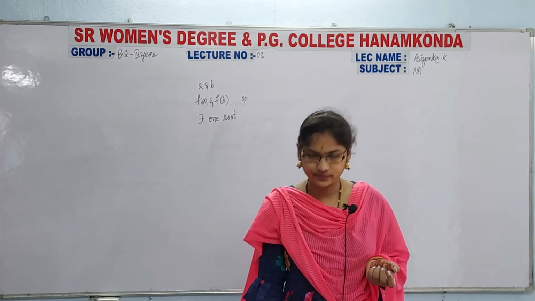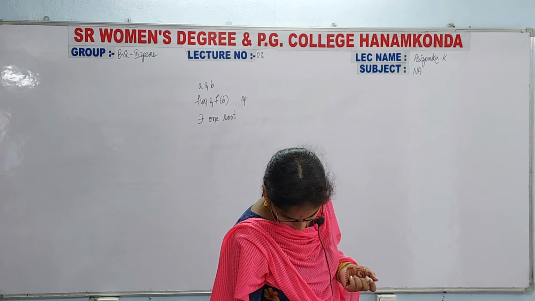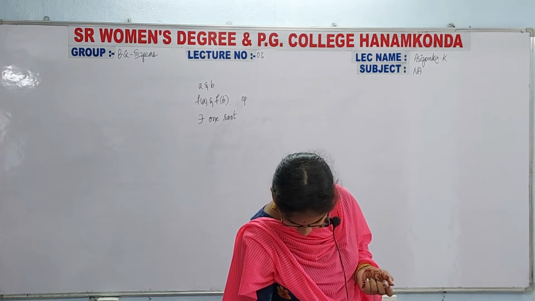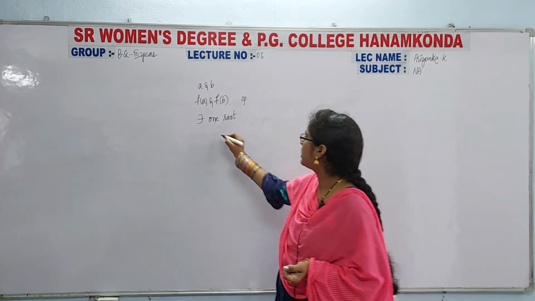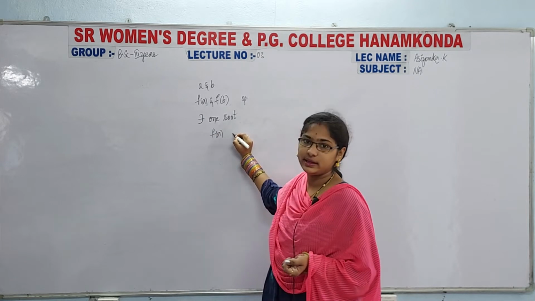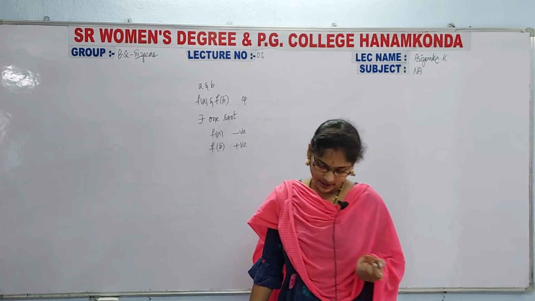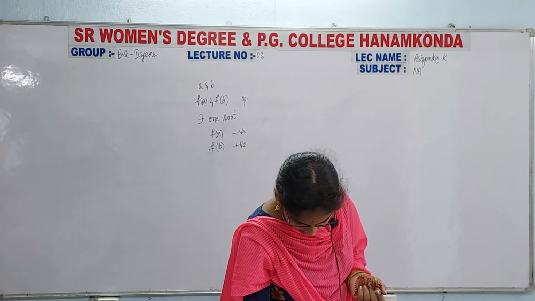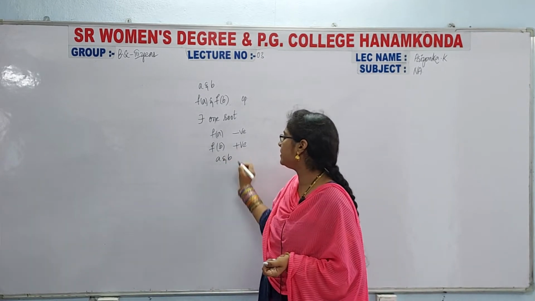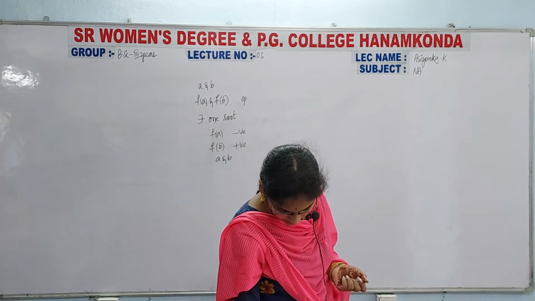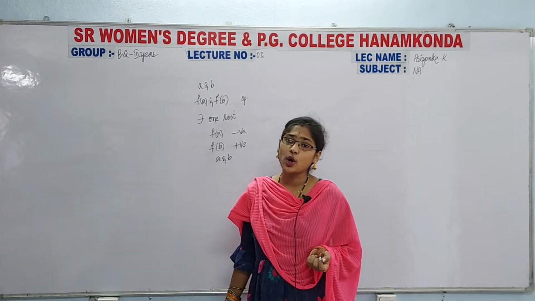Between a and b. Let f of a be negative and f of b be positive. Then the root lies between a and b, and let its approximate value be given by